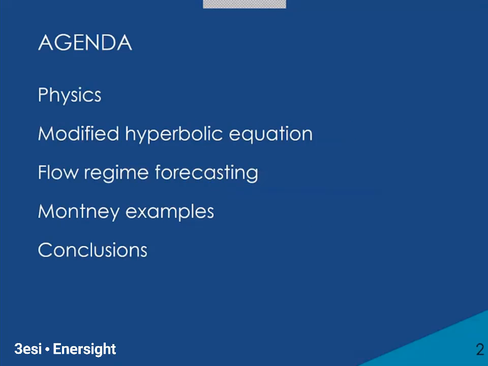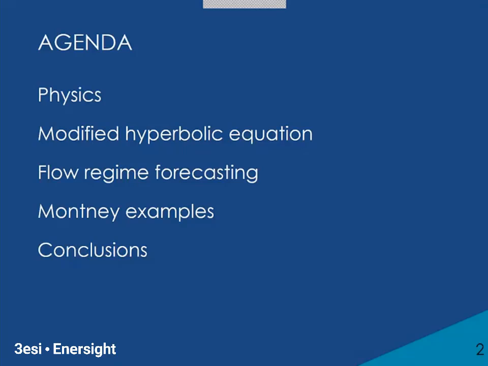Good. So by way of agenda, I want to talk about, first of all, what are the physics of unconventional flow and what kind of things can we build into our decline analysis so that our decline analysis honors those physics. I'm going to show you the modified hyperbolic equation that most people use to forecast unconventional. And the modified hyperbolic equation is nothing more than a two-segment hyperbolic fit. I will show you that the modified hyperbolic can match analytical solutions to unconventional flow. And so it supports our use of that